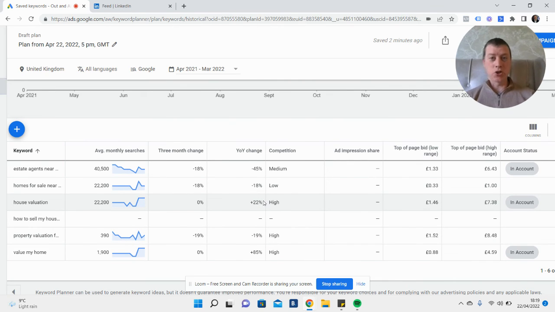Again, high competition, but worth doing. The average cost per click is £7. I take these figures with a pinch of salt, but it's £5 on value my home and £7 on house valuation. So it just goes to show that even if you're not an estate agent, use Google Keyword Planner